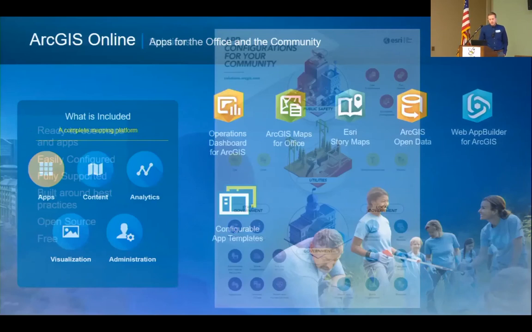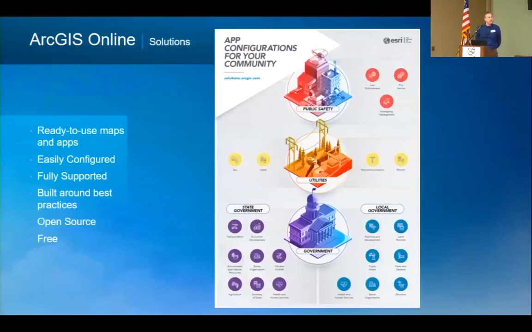One of the other things that's included with ArcGIS Online that we don't really publicize enough are what we call our solutions. These are a set of, I think we're probably upwards of over 300 different solutions that our solutions team has created. Our team works with state agencies, local agencies, and the private sector to see how they're using ArcGIS, our applications, and ArcGIS Online. And they create what we call templates. So they're basically shells that help state agencies